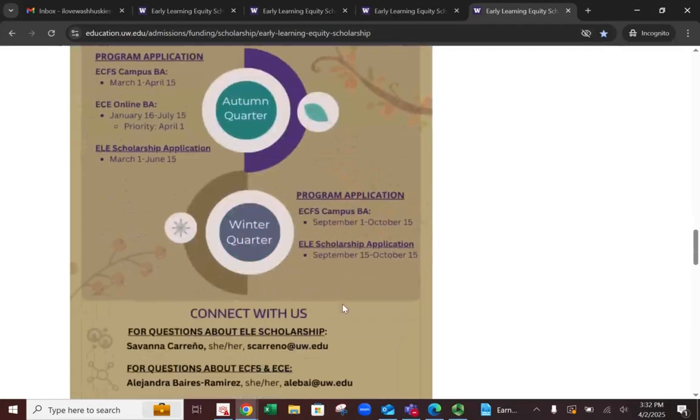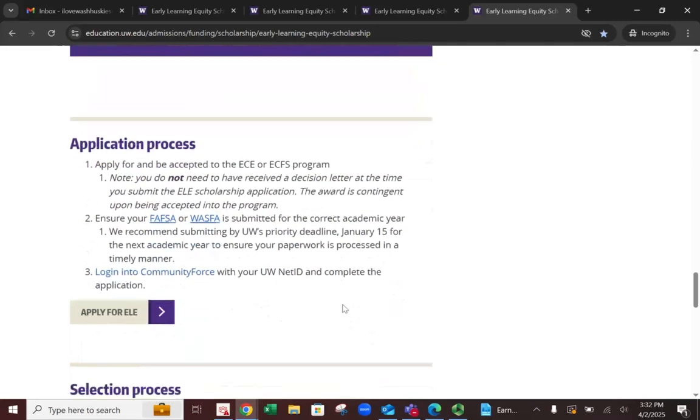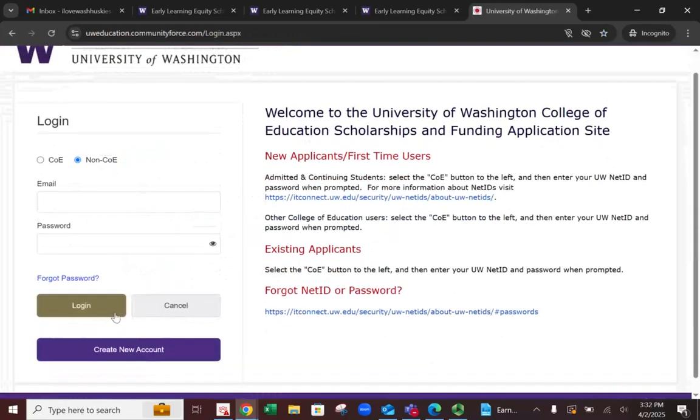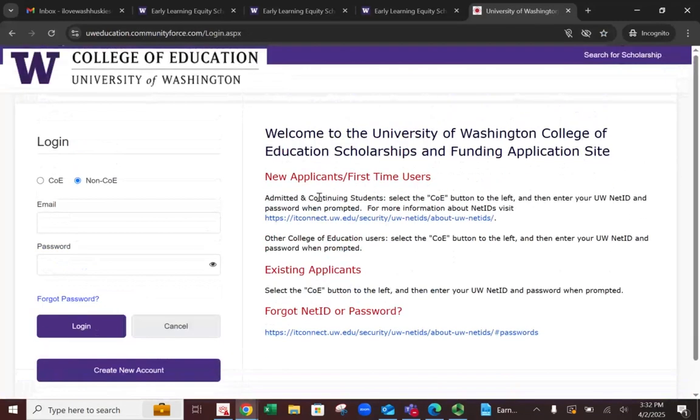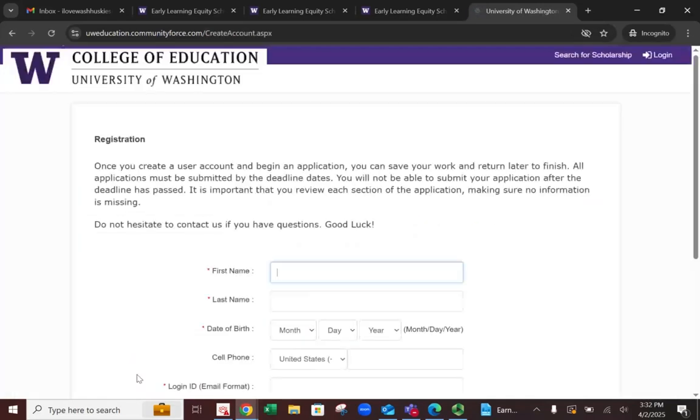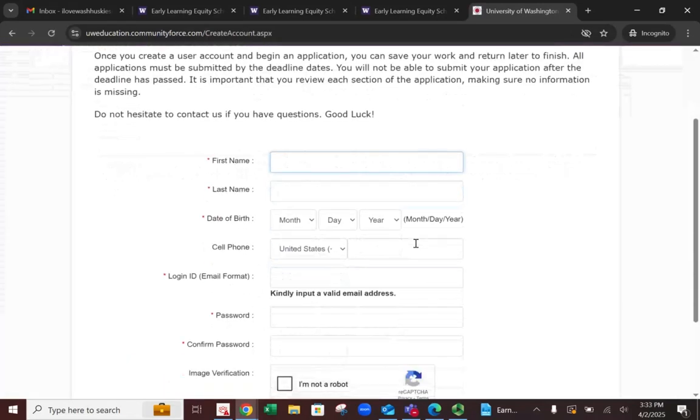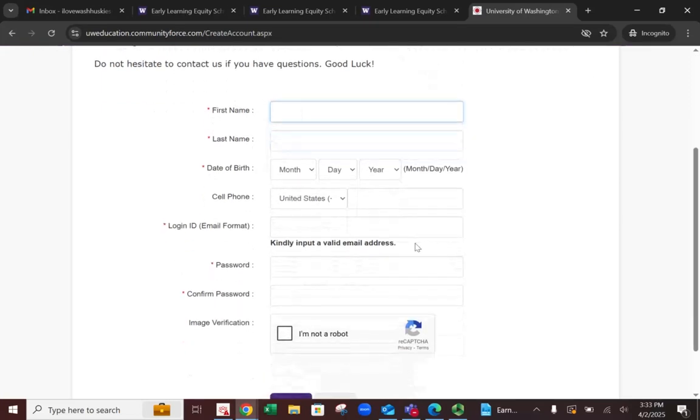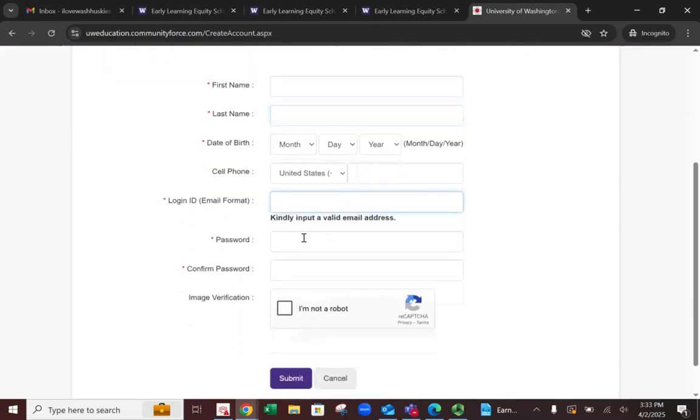If you meet all of that criteria, then you're able to apply. You can do so again by clicking on this button. You will then be led to this page, and if you do not have a University of Washington email or you've never logged into the scholarship page before, you will need to create a new account. You'll click this button where you will be led to this page. You'll put in your first name, last name, date of birth, and your login ID, which will actually just be your email. So mine is